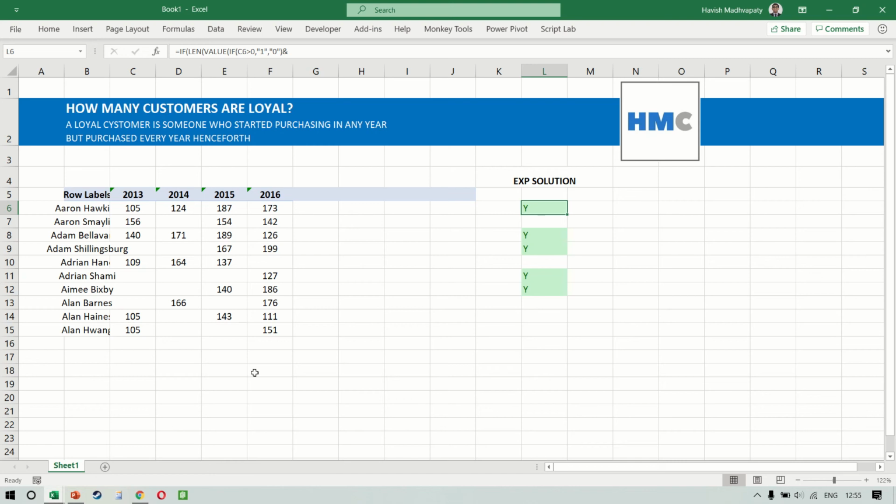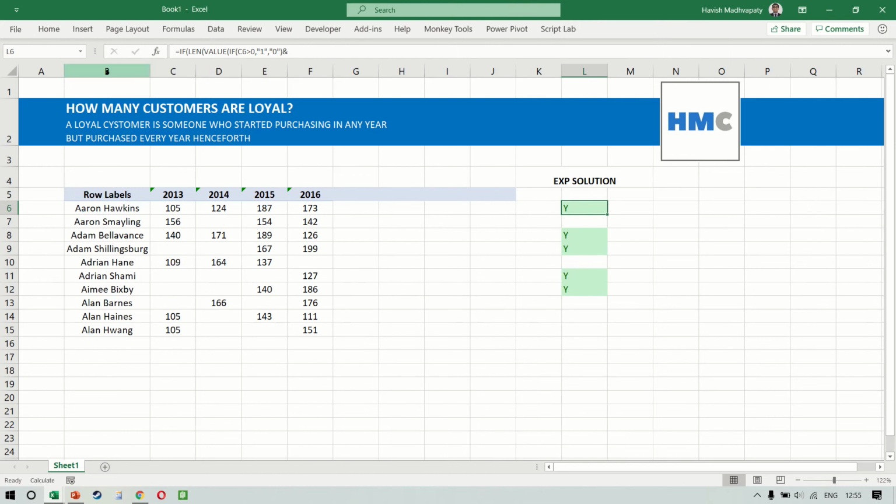Let's understand the problem statement. We have a list of customers and we have sales for 4 years: 2013, 14, 15, and 16. And for these 10 customers, we want to find out how many of them are loyal. Now, how we define this is as a customer who has purchased and has never stopped purchasing in any year